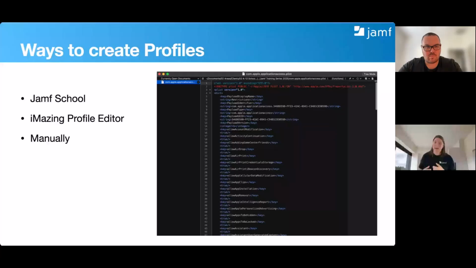Some examples might be that in your main restrictions payload, for most of the time you want to keep the iCloud settings locked. But perhaps you want a subset of your devices to turn that setting on, or you're doing some testing. You can disable the restrictions payload on your device and do some testing with just setting that individual key to see how it behaves. So these might be times where you might create a profile with iMazing,